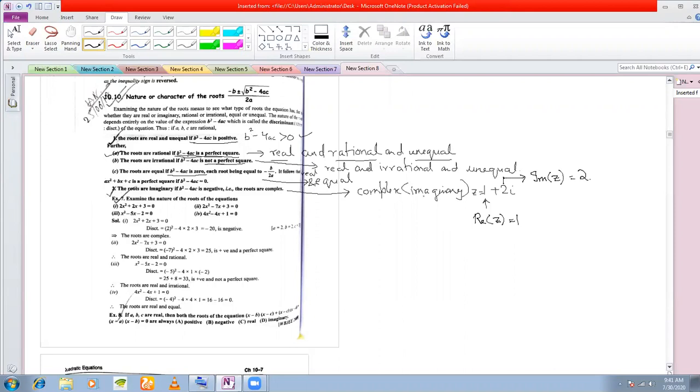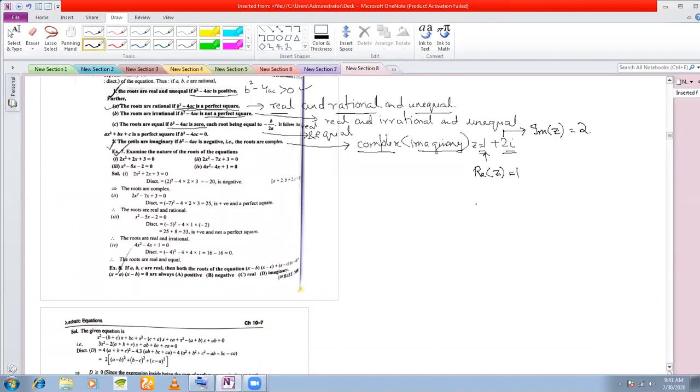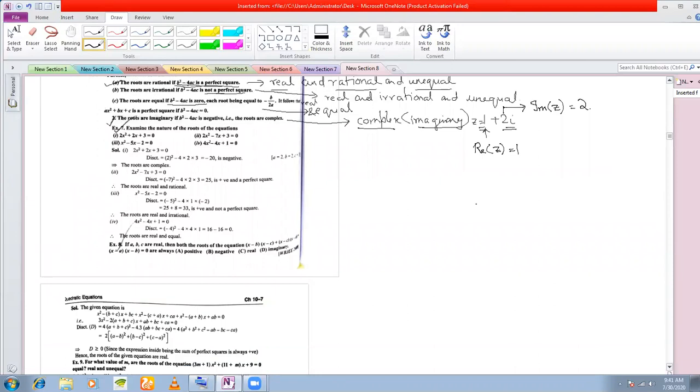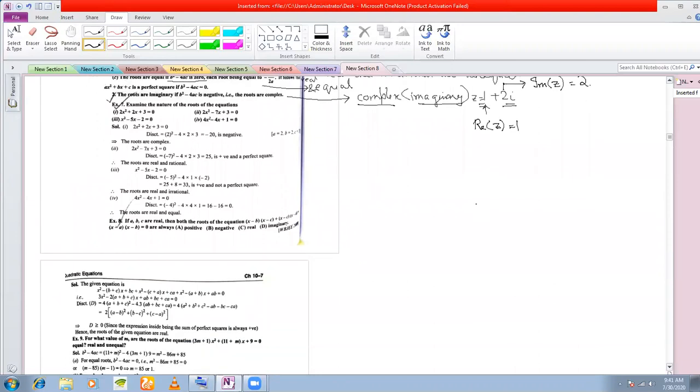So if I say roots are complex or roots are imaginary, it's the same thing. Roots are imaginary means there is an imaginary part to the real part. That is the only difference. It almost means the same thing. Now some examples are given here. Just go through them, because our syllabus is huge, and these are very irrelevant portions which are highly unlikely to come. So I need to hurry a little bit. Everything I cannot cover. I'll cover only the most important parts.